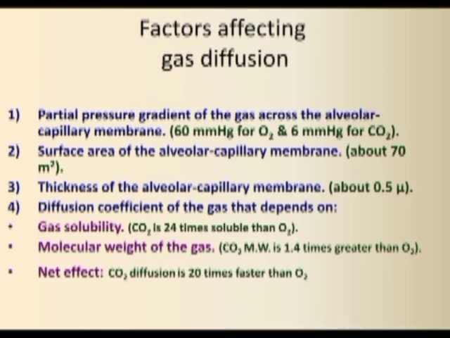factors affecting gas exchange. The partial pressure gradient of a gas across the alveolar capillary membrane is 60 mmHg for oxygen and 6 mmHg for carbon dioxide. Next, the surface area of the alveolar capillary membrane is about 70, and the thickness of the alveolar capillary membrane is